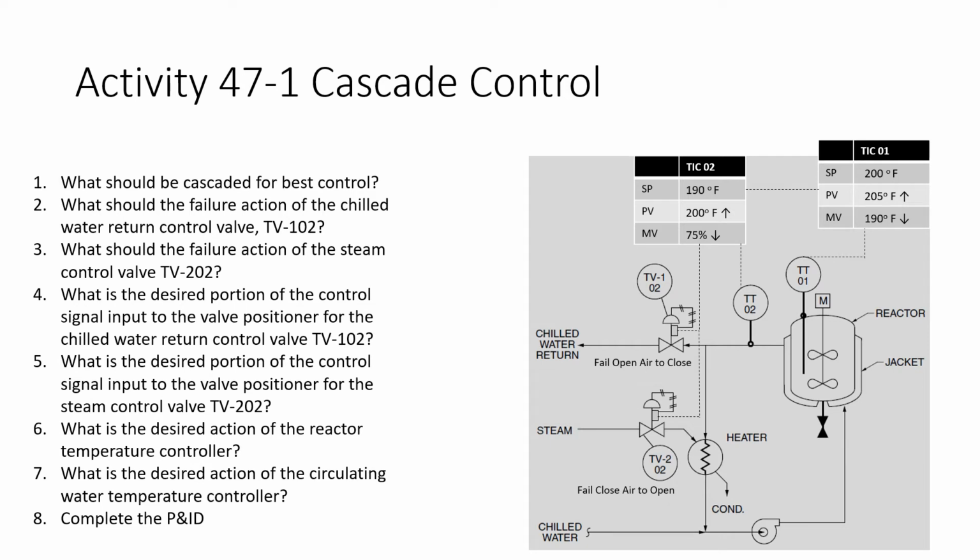There has to be a TIC, a temperature indicating controller. Make it look a little bit different than that, but it should be something along those lines for number 8. Okay, so hopefully that was somewhat of a review for the cascade control and the split range control from the